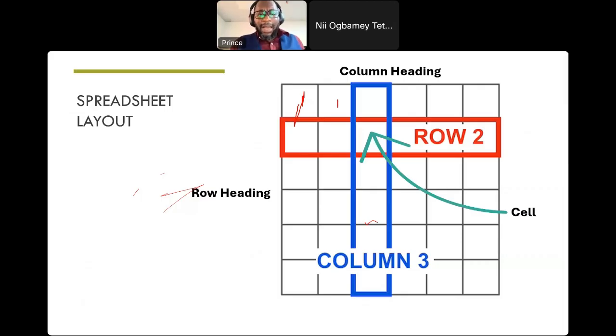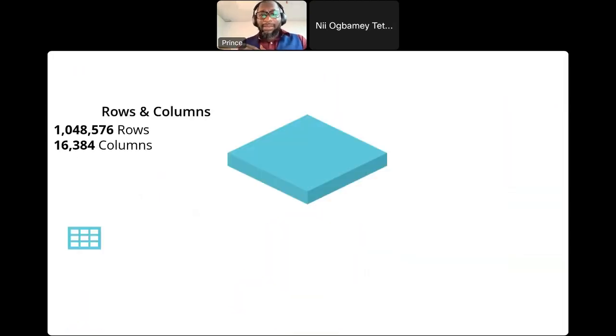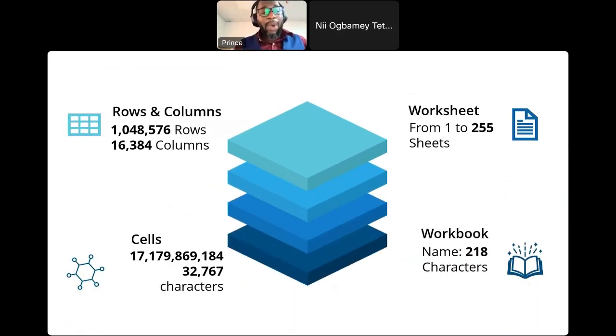If you look at Excel, you realize that these columns we are talking about here, this is column 1, 2, 3. Excel has over 16,000 columns. Then when you are talking about the rows, it's over 1 million. This gives Excel 17,179,869,184 cells, the intersections. So if you open Excel, I'm sure most of you have opened Excel; those who have never opened it, I just encourage you to open Excel.